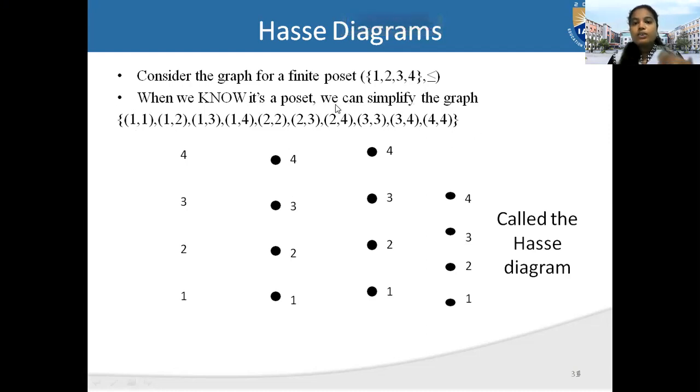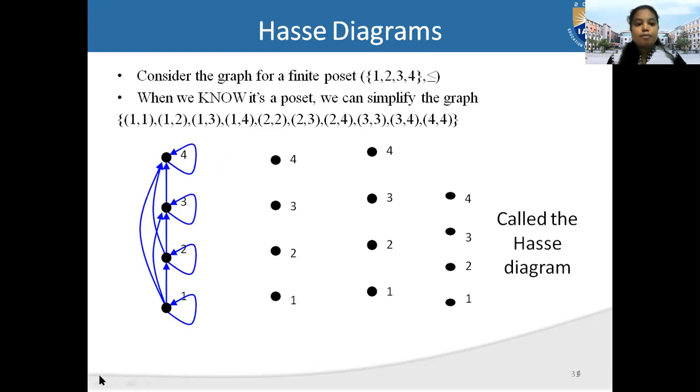So you can go on to draw the Hasse diagram. What are the Hasse diagram rules? Before applying the rules, what is the actual diagram for this relation? Just see the first example here. This is the exact diagram for this relation. There is a self loop for 1 to 1, a self loop for 2 to 2, a self loop for 3 to 3, and a self loop for 4 to 4. Next you have to see how to draw this diagram here. 1 comma 2.